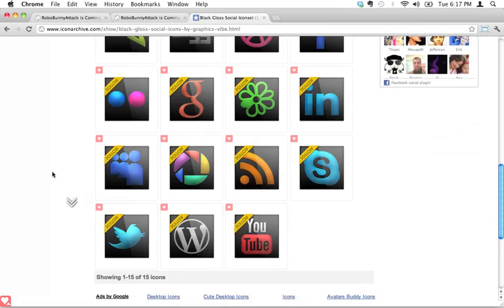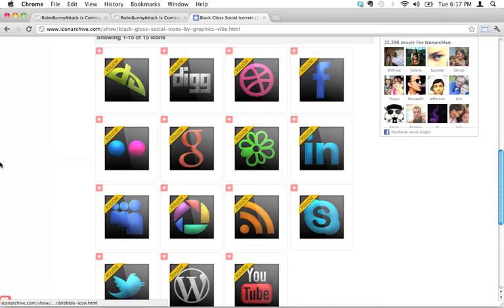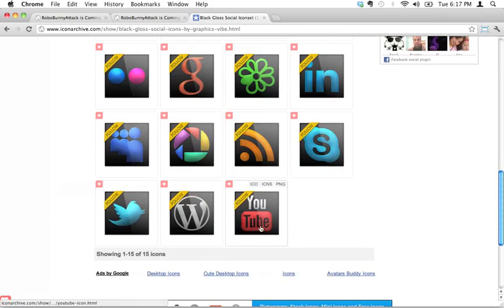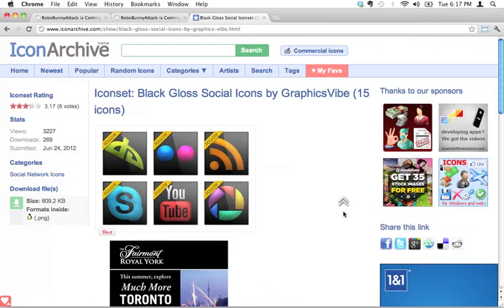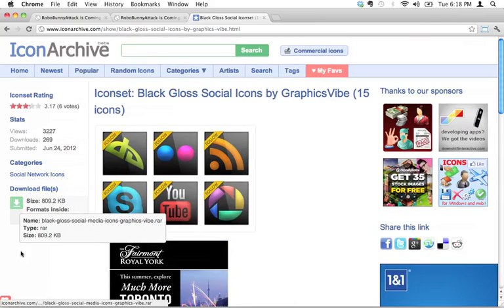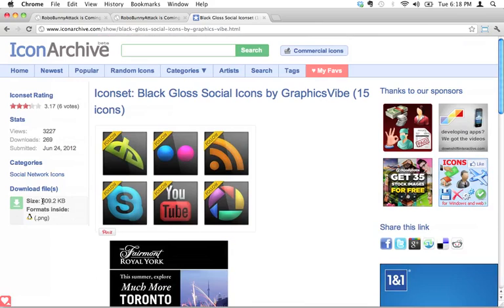These are all the ones, and I want a Facebook icon, I want a Twitter icon, and I want a YouTube icon. So that's awesome. That's exactly what I want. So to download this, I'm going to click right here, download file. Okay, the formats inside are PNG. All of these are in PNG format. That's perfectly fine. We know that that's one of the 3 image formats that are acceptable to use